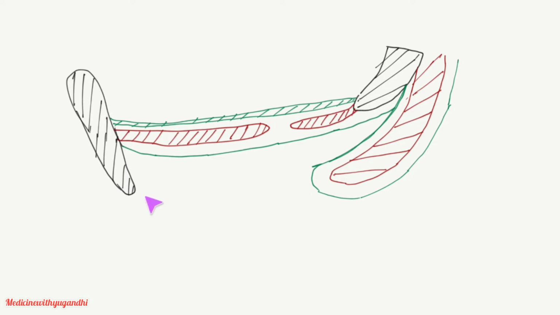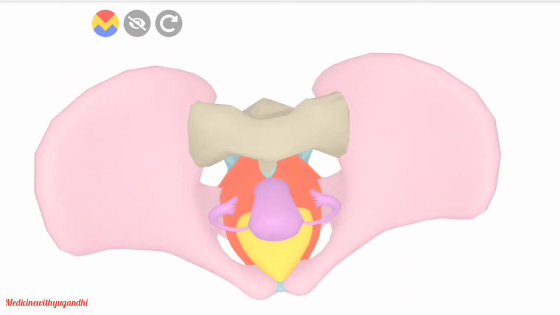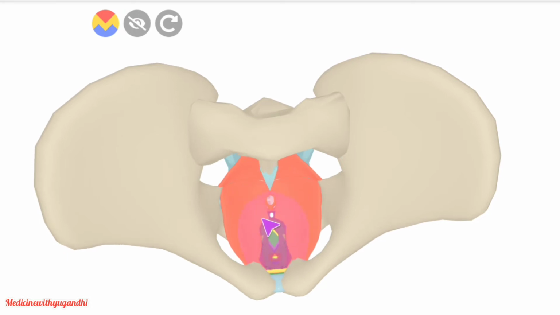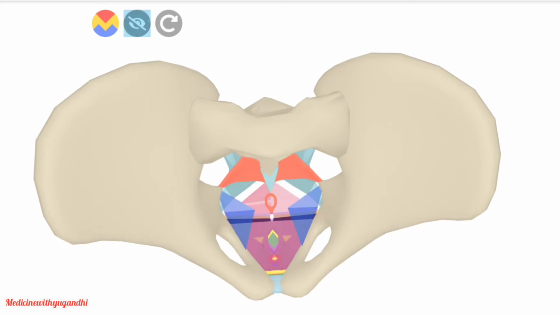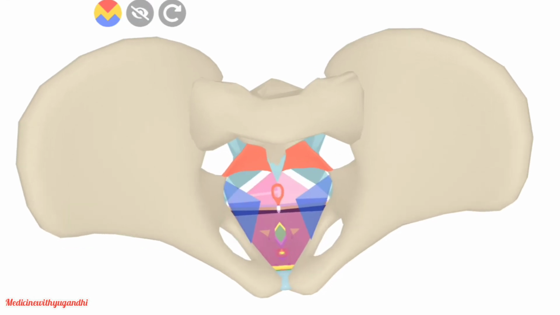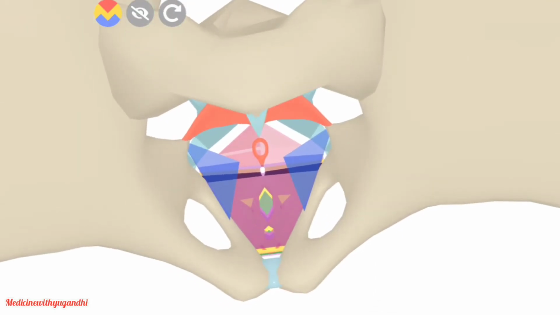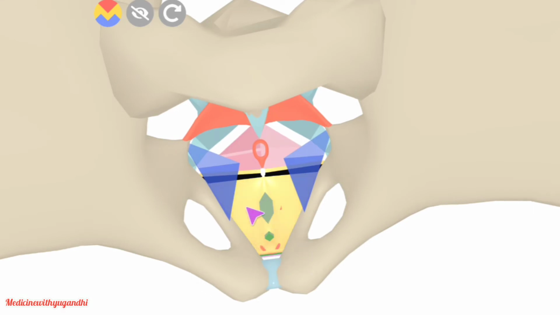Hope you remember the perineal membrane we saw beneath this. Let me show you that once again. Let us take a look from the top. See, this is the uterus, then this is the bladder, and here you could appreciate the levator ani muscle contributed by the pubococcygeus, then beneath that the puborectalis muscle and also the iliococcygeus muscle, right? So beneath that you could find the perineal pouch and then the perineal membrane. So this is the perineal membrane.